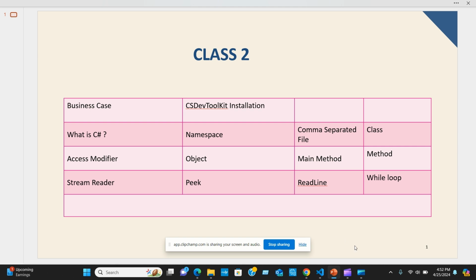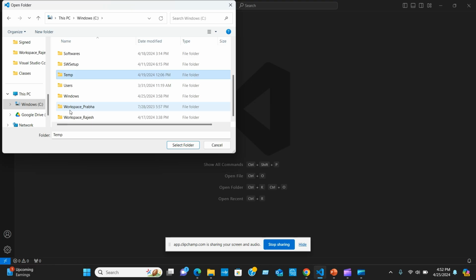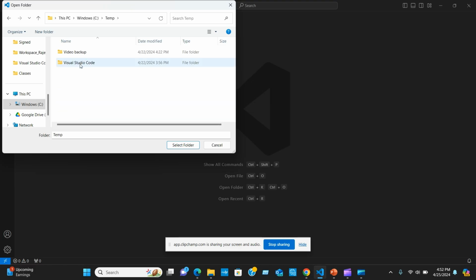The next thing is we're gonna create a folder to start with. Let's go back to files, open up file, new folder, go to your favorite location where you want to save the files. I'm going to create a